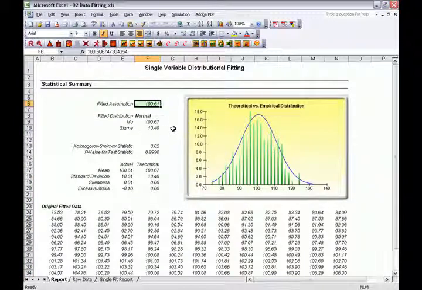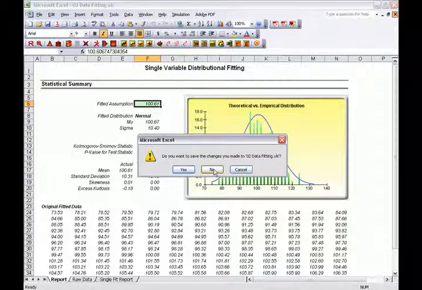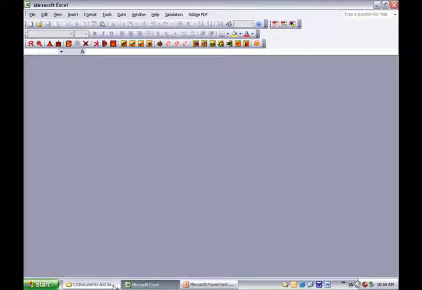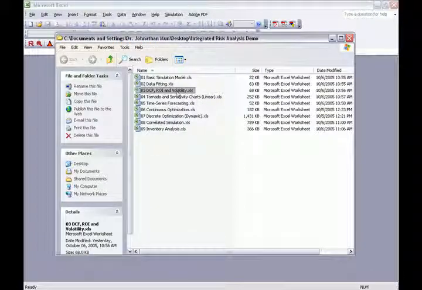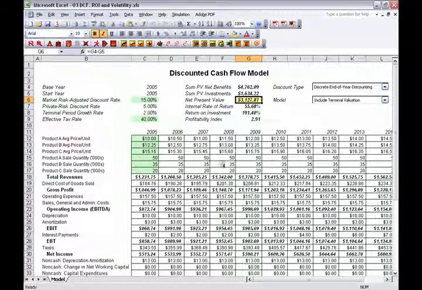So instead of having to pick and choose and garbage in, garbage out, you can actually use something called distributional fitting. And once you do distributional fitting, it will find the best distributional fit for you if you have some historical data. Now, you can apply this Monte Carlo simulation not to the world's worst model that you saw, 2